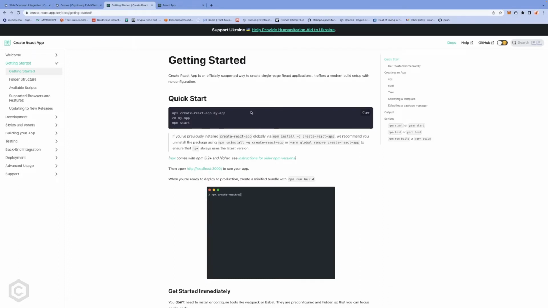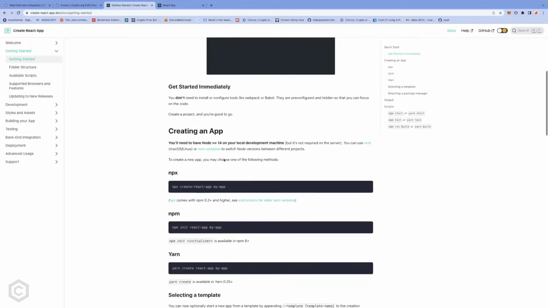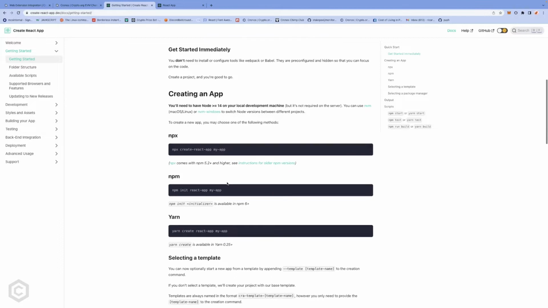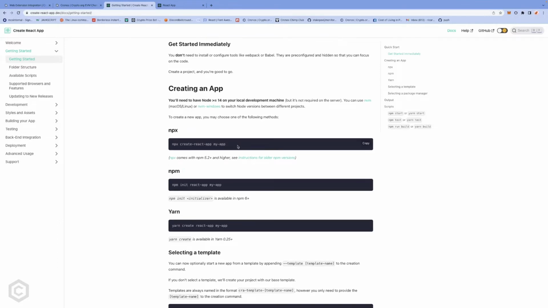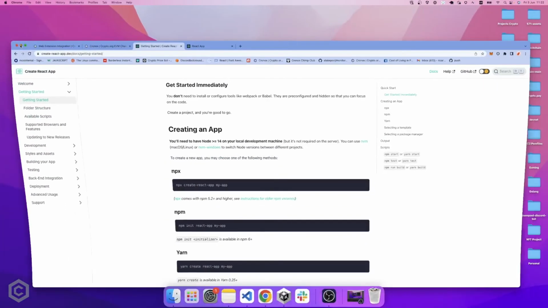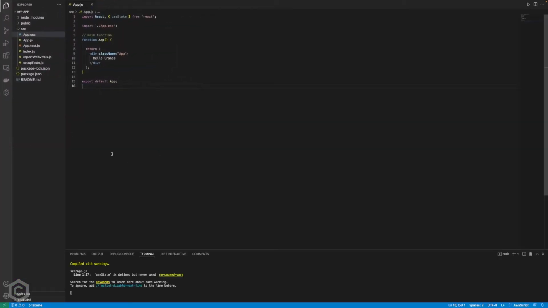So the very first thing that you want to do is install a fresh Create React app, and you can use any of the official methods that is available on the Create React app.dev documentation, and then just create your basic React template. So once this is installed on your local machine,